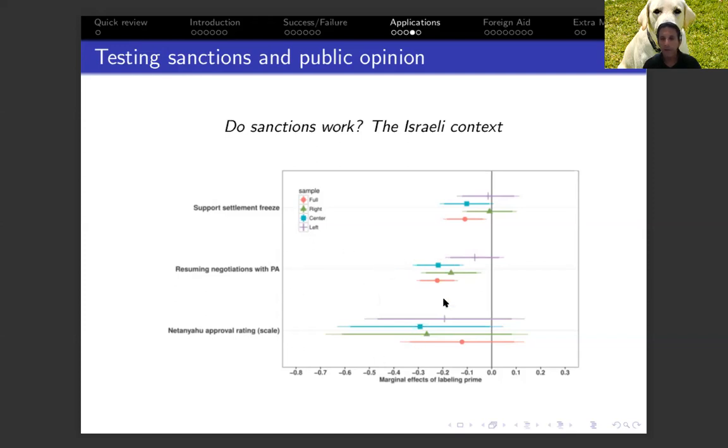Support for the government here is relatively negative, although in most cases it's not really significant. But actually the finding here is that the negative effect on support for the government is not because they are opposing the fact that the government does not freeze settlements or go back to negotiation, but exactly the opposite, because the public expects the government to actually adopt a more hawkish view and to oppose directly those sanctions. So that's why there is some drop in the approval rating of the prime minister in this case.